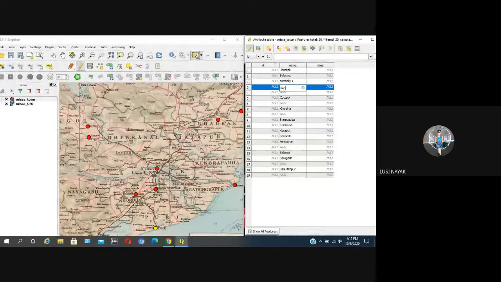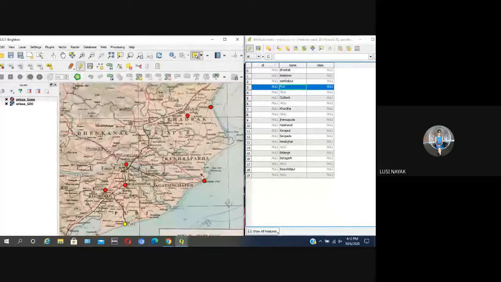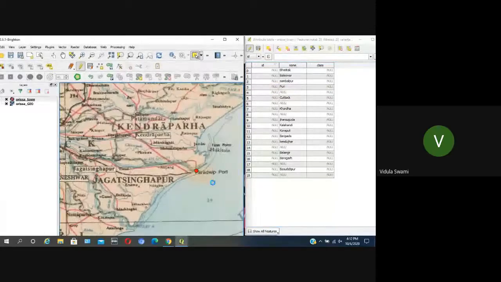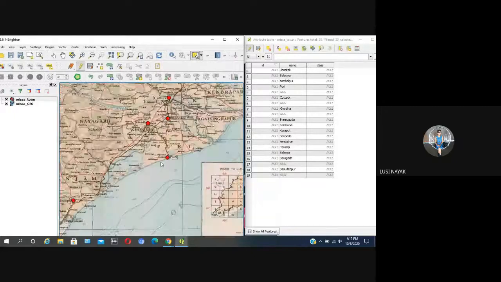Anybody, any doubt till now? Next step, we will start thematic mapping, how to map it in a thematic way. Is it ready for everybody? 28 points with the database.